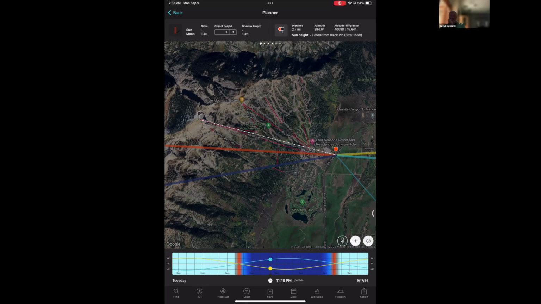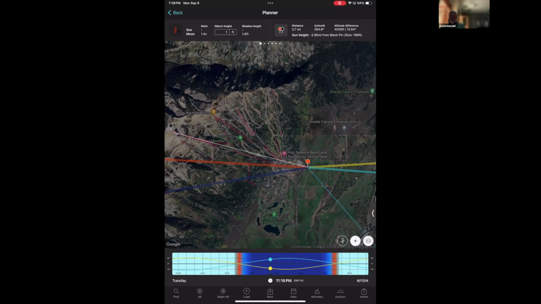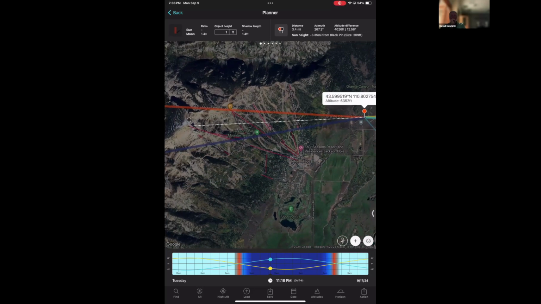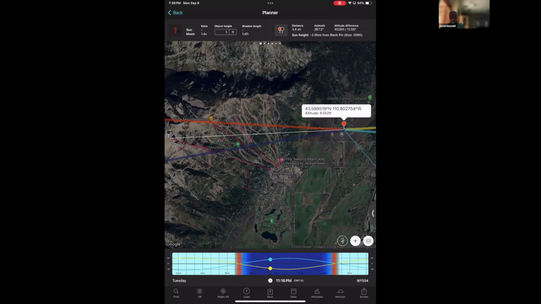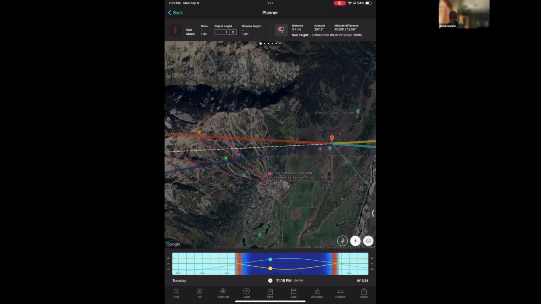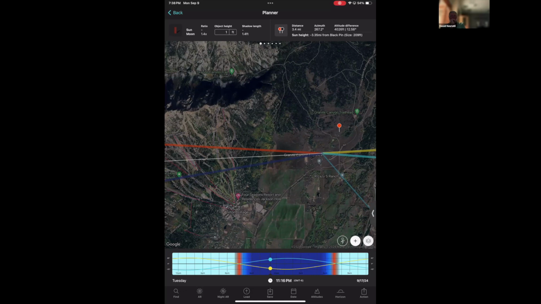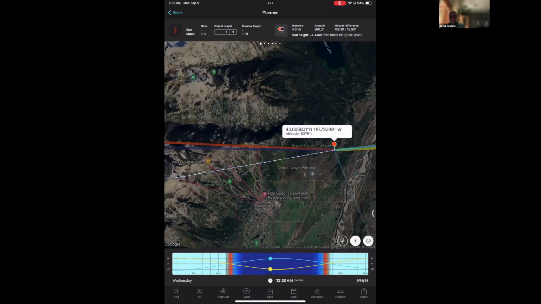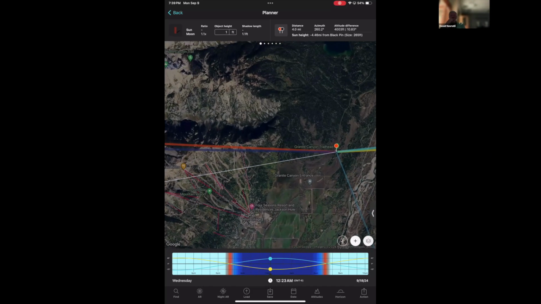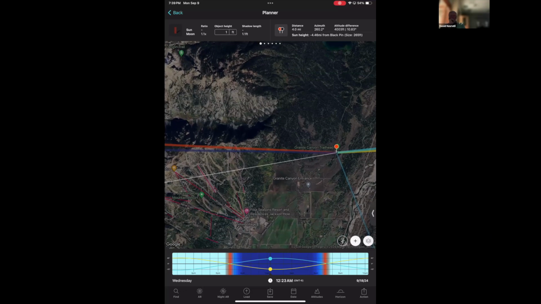So how do we get the moon to set over Corbet's? We have to move ourselves, right? We move ourselves up a ways, and well, we're still not there. I went out to Granite Canyon. I'm going to go out to the trailhead, and you can see now if I'm at the Granite Canyon trailhead, then